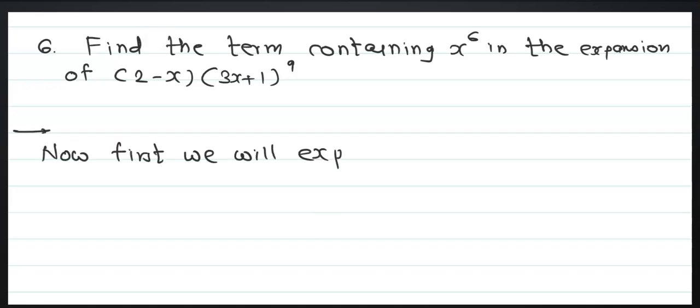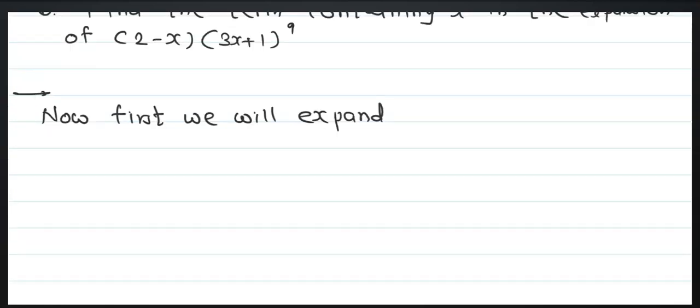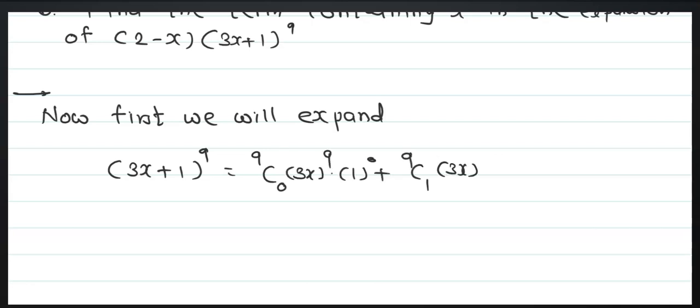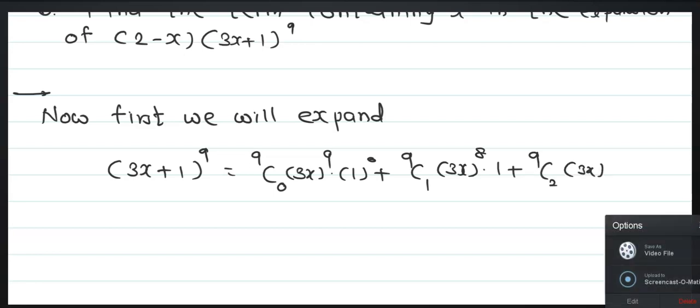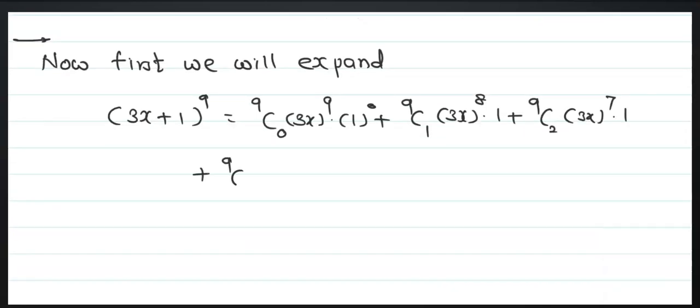Now first we will expand (3x plus 1) bracket raised to 9. That is 9C0 (3x) bracket raised to 9, 1 raised to 0, 9C1 (3x) bracket raised to 8 into 1, plus 9C2 (3x) bracket raised to 7, 9C3,